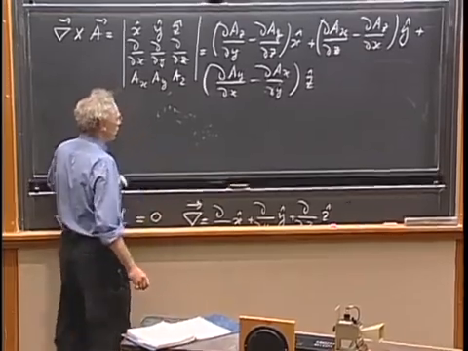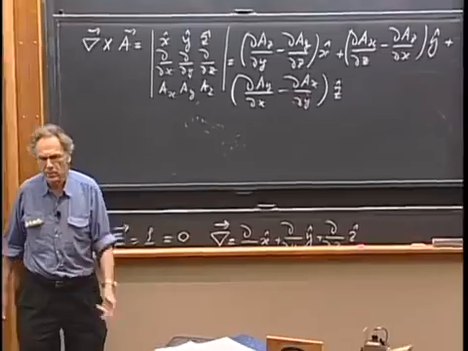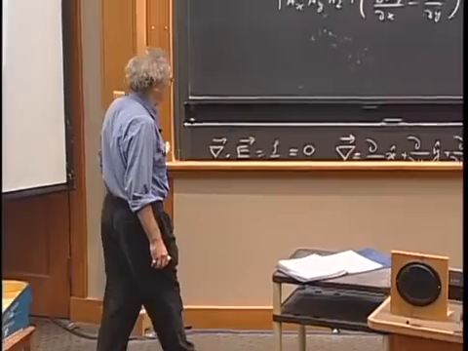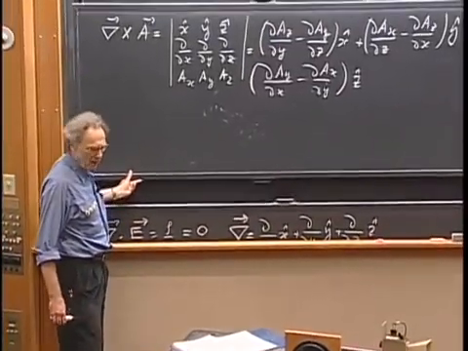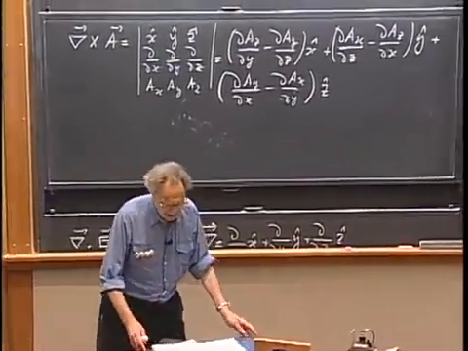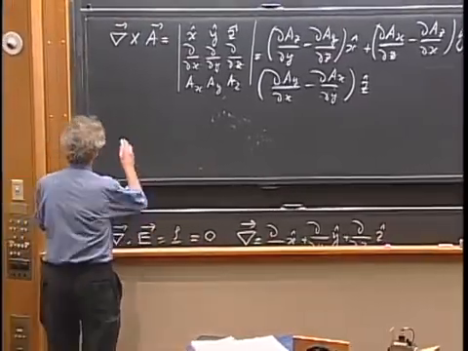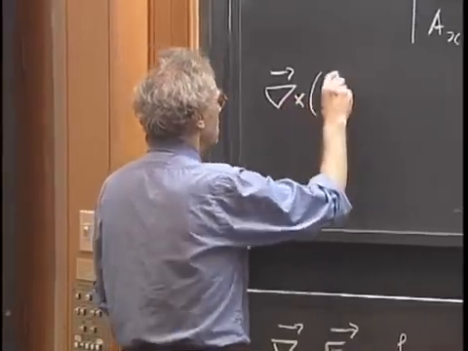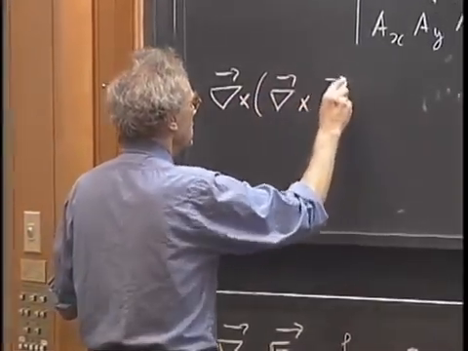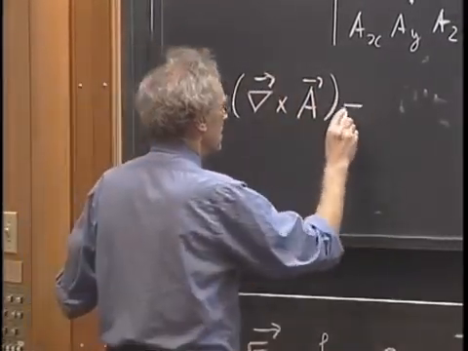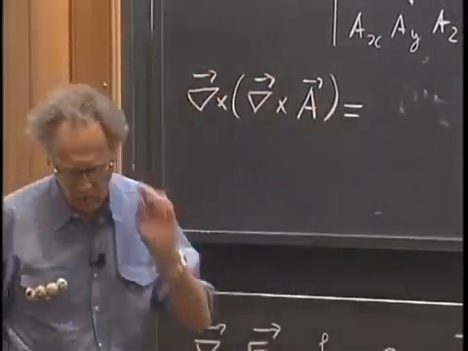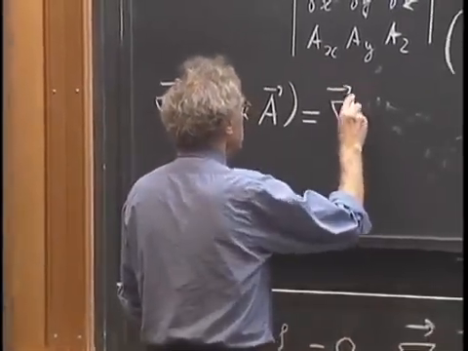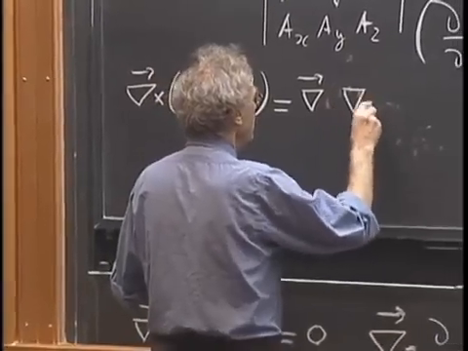There is one and only one vector manipulation with the del vector that I want you to know. I don't want you to remember it. I certainly don't remember it, but we need it today. And that is the curl of the curl. The curl of the curl of A, and I will show you the result without proof, is the gradient of the divergence of A